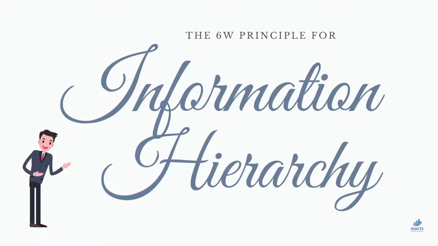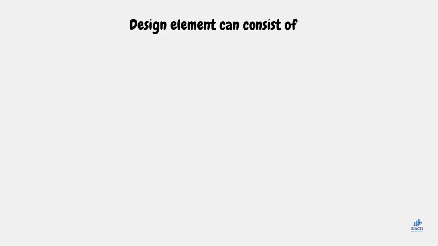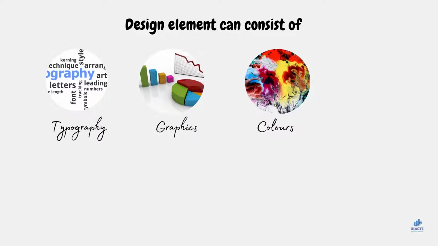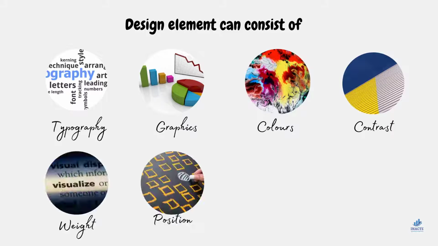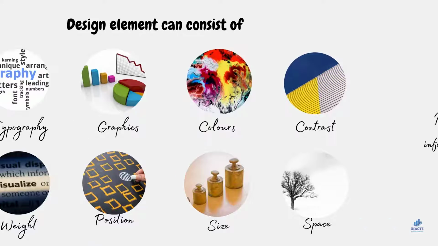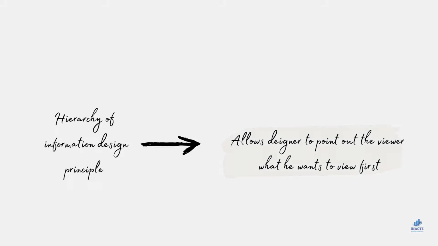In this session, we are going to cover the 6 W's to be used to get your viewers' attention. Design elements can consist of anything including typography, graphics, colors, contrast, weight, position, size, and space, including negative space. The hierarchy of information design principle allows the designer to point out to the viewer what he wants the viewer